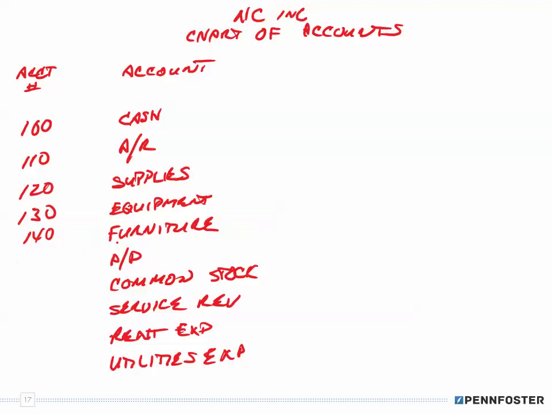Okay, because after furniture, maybe I buy a building. Well, I would have land and a building. Well, the building would be like 150, land would be 160. But what happens if I decide to buy computer equipment? Well, the building and the land are long-term assets. The supplies, equipment, and furniture are a lot shorter-term assets. And if I buy computer equipment, that's going to belong up here someplace in between 120 and 140. Okay, so I would probably stick computer equipment in here,